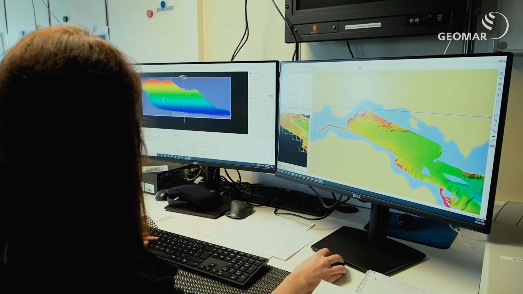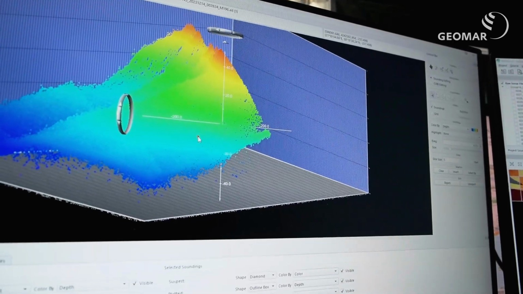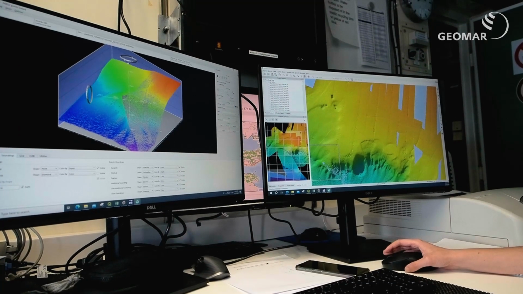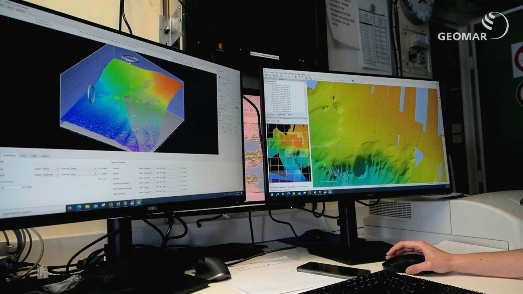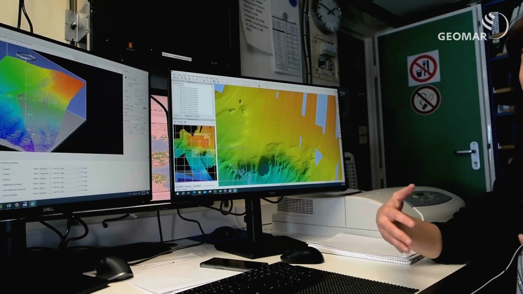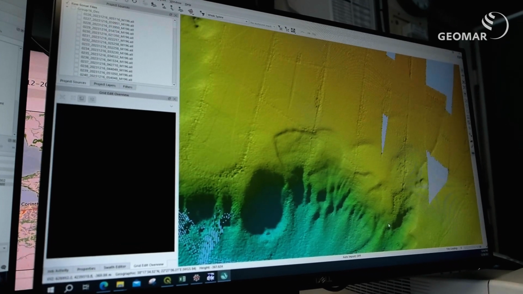Not only do we try to understand the preliminary morphology of the seafloor, but we can also clean the data set from some artifacts. So in this case, for example, we have a surface that is not completed, and we see all these voids in the pixels. And so with this preliminary processing, we can remove some of these issues that we have in the bathymetry, so that the final data set that we are going to deliver will be more complete and more accurate.